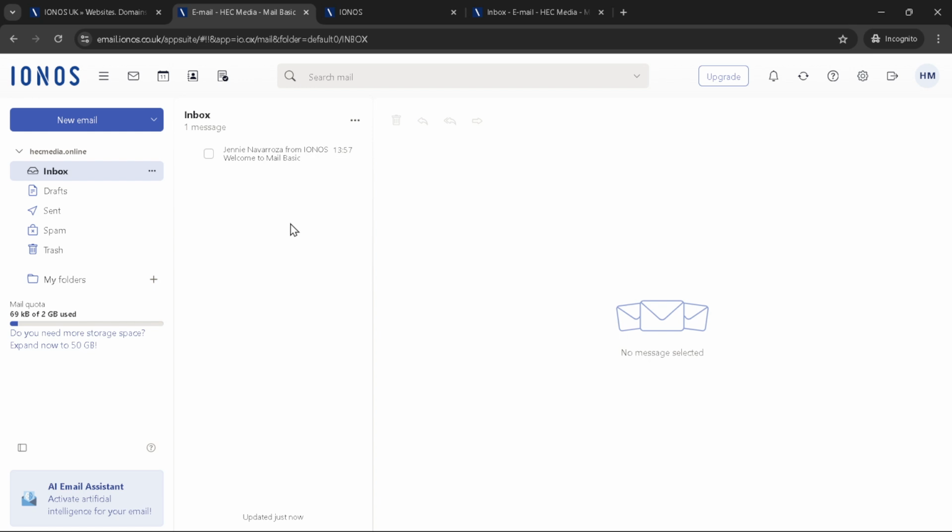This is where the magic happens. Here, look for the hosting section. Depending on how your dashboard is set up or the services you have with Ionos, you might need to scroll a bit or navigate through the menu. Clicking on hosting will open up the world of your web hosting details, including your domains, databases, and yes, the